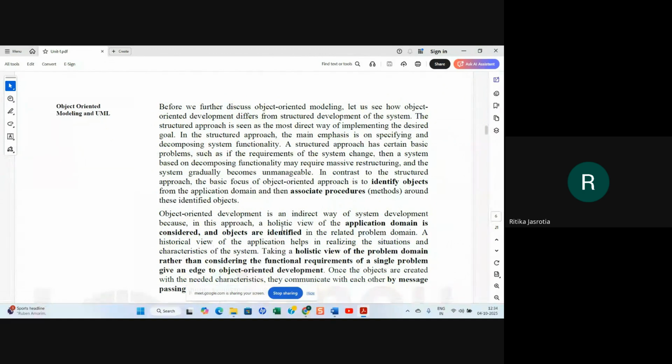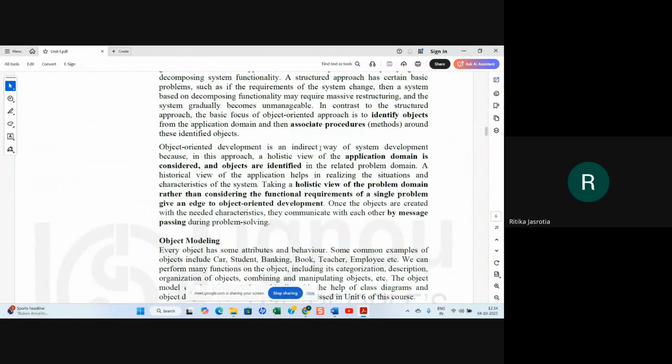So object-oriented development is an indirect way of system development, because in this approach a holistic view of the application domain is considered and objects are identified in the related problem domain. It is an indirect way because first you identify the objects, and according to that you make your related problem.